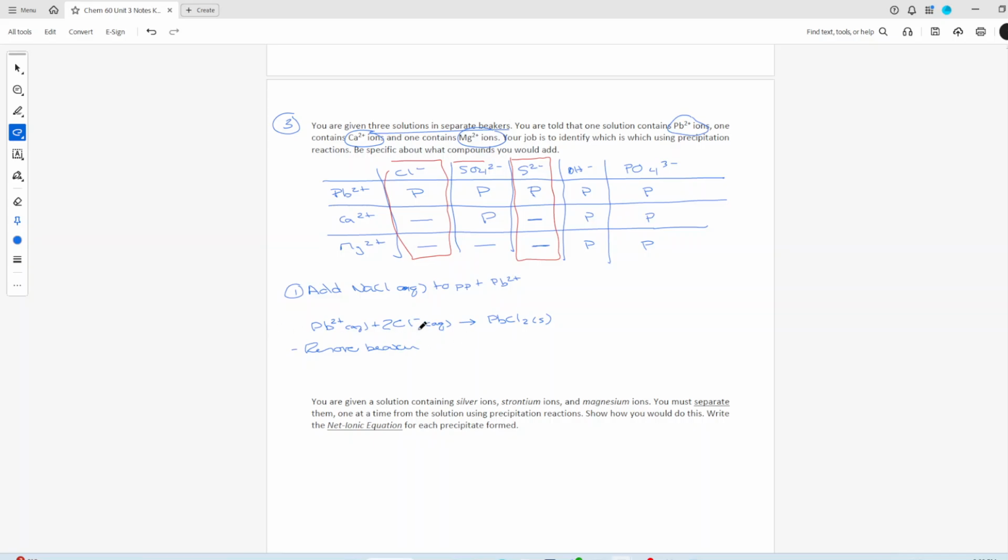So now that we already know which one contains lead, now lead is out of the picture. Now what we're looking at is calcium and magnesium. So we're looking for something that precipitates with calcium and not magnesium, or with magnesium and not with calcium. And the only one that's going to do that is going to be the sulfate. So the next thing I would do is follow that same model. So number 2, I'm going to add sulfate. So to bring sulfate in, I'm going to add sodium sulfate, aqueous,